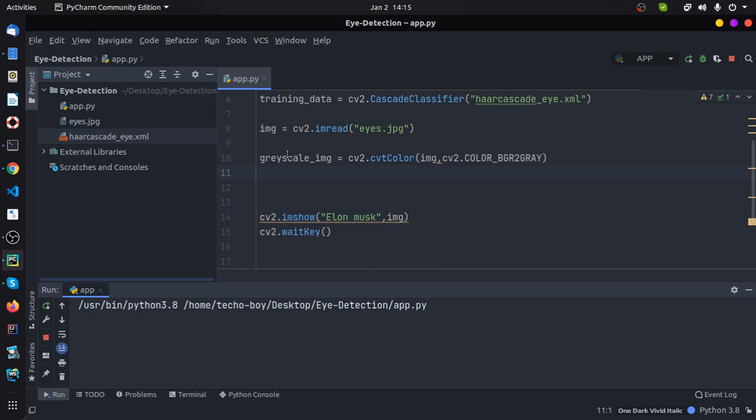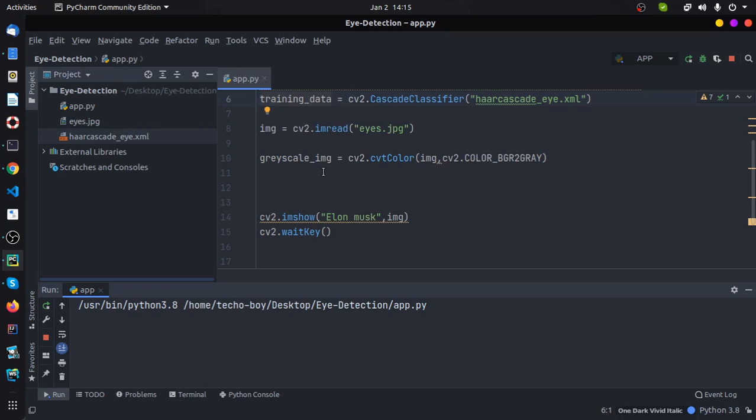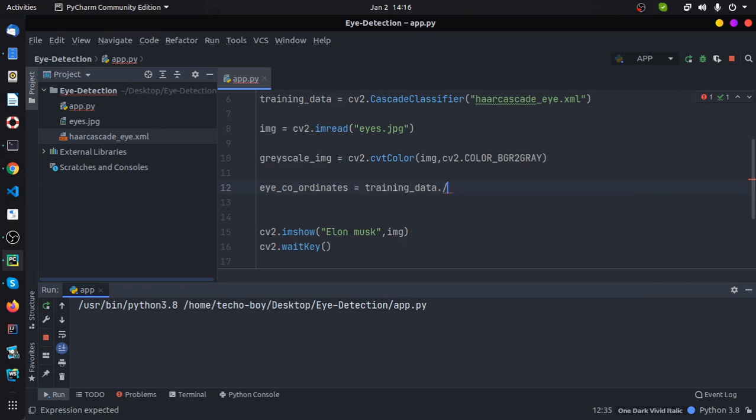Now for detecting those eyes, we have this training data, right? And we are going to pass this grayscale image into this training data to predict the eyes of that particular user, or of any person, like here in this case we have Elon Musk. So we are going to get eye coordinates. Like we can use something like here, eye coordinates is equal to training data dot